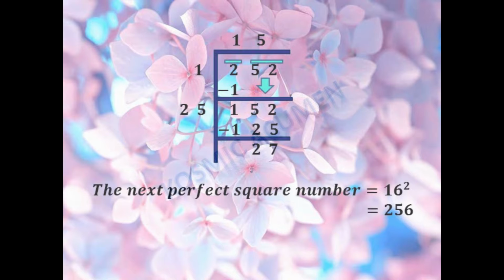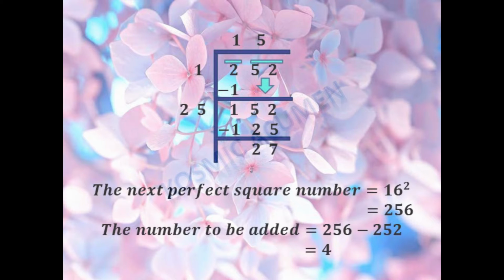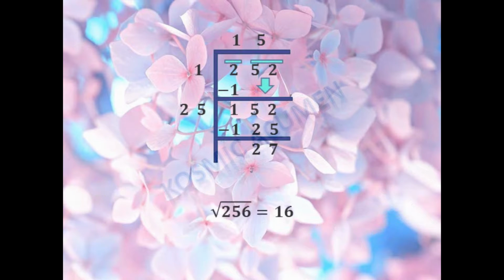So I know that the number 15 square is less than 252. So I have to find the next perfect square number, that is 16 square, which is 256. So the number that is to be added to 252 is equal to 4. Now next I know that the square root of the perfect square number is 16. Coming on to the next part,